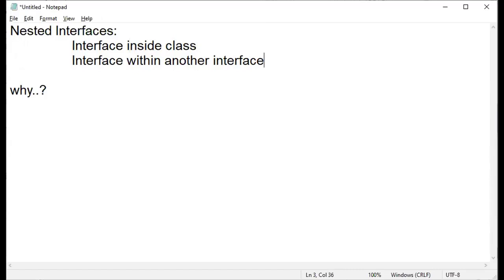So the question is why you want to go with this kind of thing, which is the suitable situation in which you can go with nested interfaces. Either it might be an interface in a class or an interface within an interface. What is the necessity of going for this nested interface, right? Why am I discussing this point? It is with respect to inner classes. What do inner classes mean? Class within a class. We said that until and unless there is an existence of an inner object, there should not be an existence of an outer class object, right? So in those scenarios, you have to go with inner classes, right?